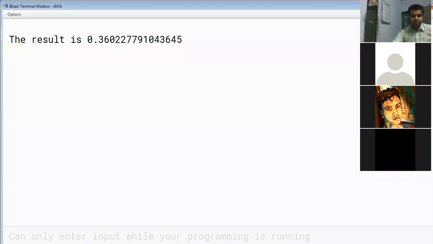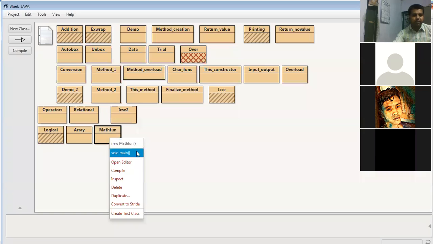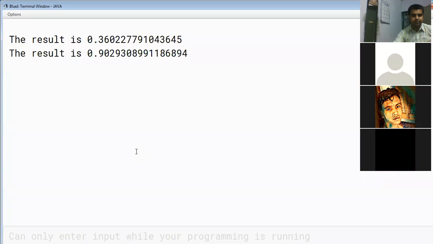Just to understand it in a better way, I will rerun the program to see if any output is obtained. Now see, the next time the output obtained is again a random number within the range of 0.0 and 1.0. It should not be greater than or equal to 1, and it should not be less than or equal to 0.0. So this is the unique speciality of one of these mathematical functions, which is known as